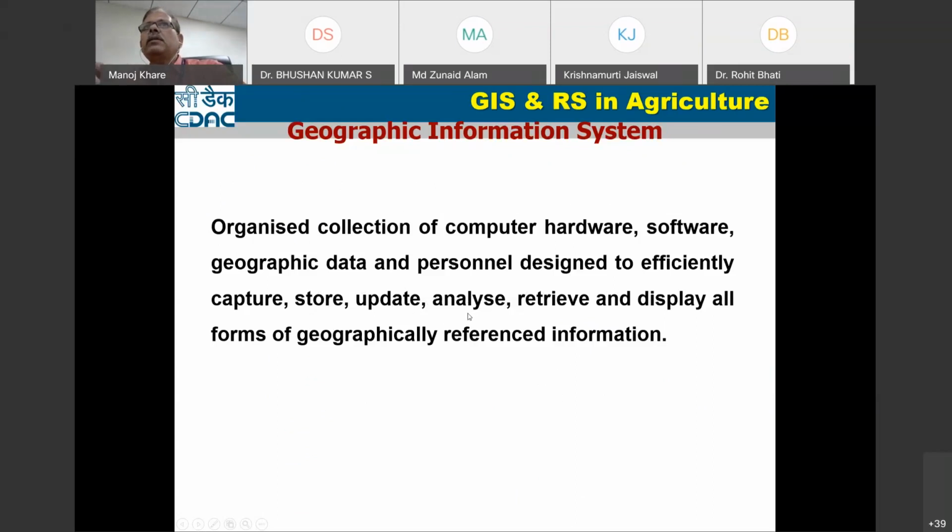Once you get data, you have to analyze it, then retrieve that information, and display it. That is, display all forms of geographically referenced information. That is called a geographic information system.